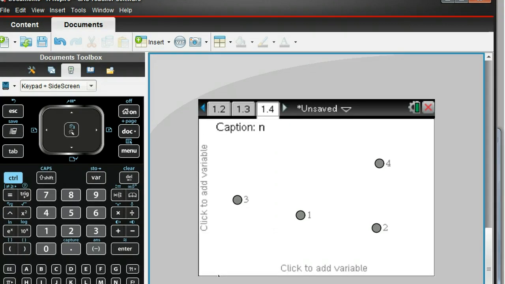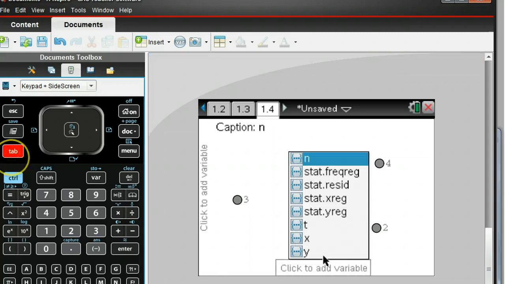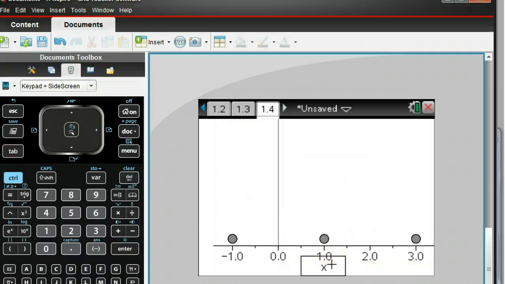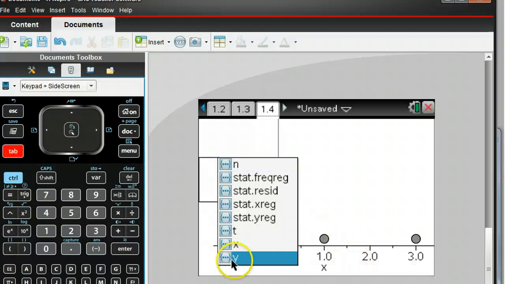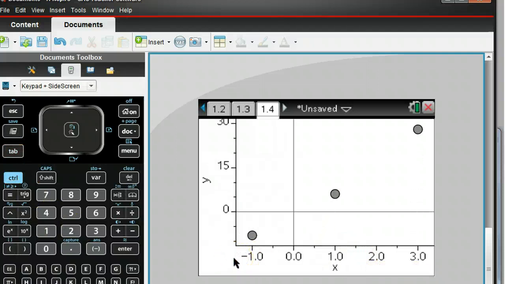In order to do that, you're going to go over to your calculator and hit the tab button. Yours probably won't have as many options as me because I have some other things open here, but you're going to hit the X button to label the X axis and hit the tab, and we're going to choose Y for the Y axis. And now we're going to create an equation or a line that's going to go through these 3 points. So that's under Menu,